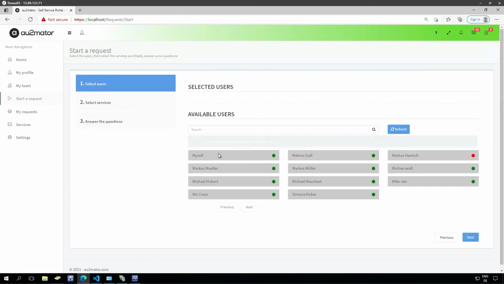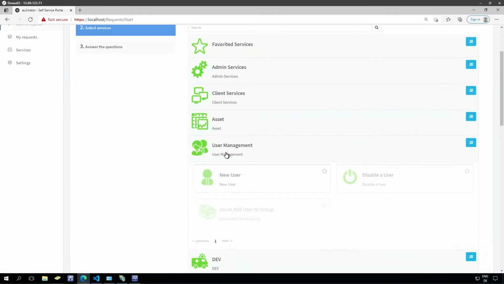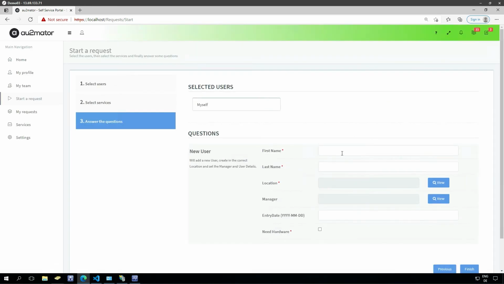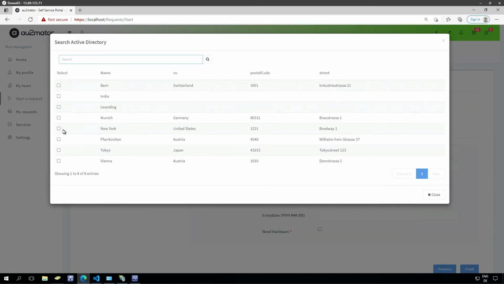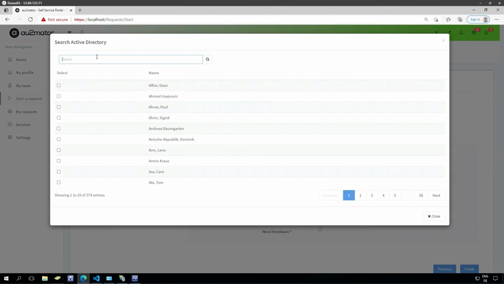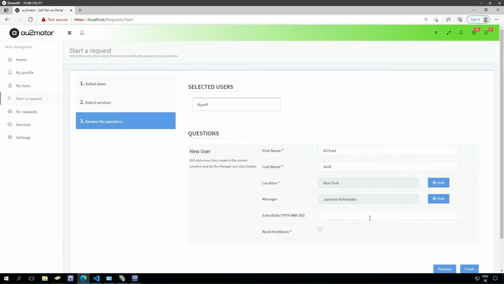So a few other use cases. One of the most requested things is user onboarding. So user onboarding, user offboarding, to automate this process, you can also do this. In our example, we just want to know the first and the last name, a location. In this case, this is based on our local Active Directory and our organization unit. So this is live from the Active Directory. We select the manager, also live from AD, without caching, without any syncing or something, directly queried from the Active